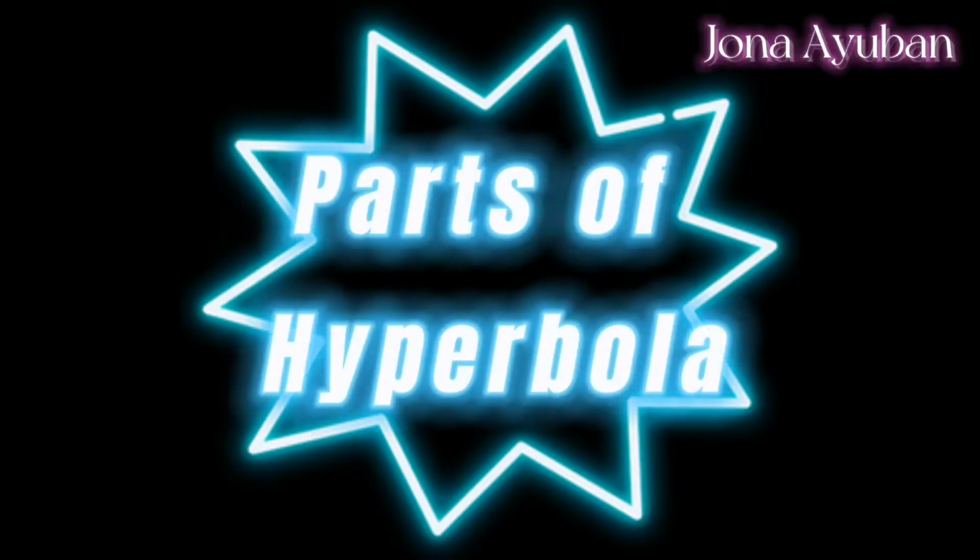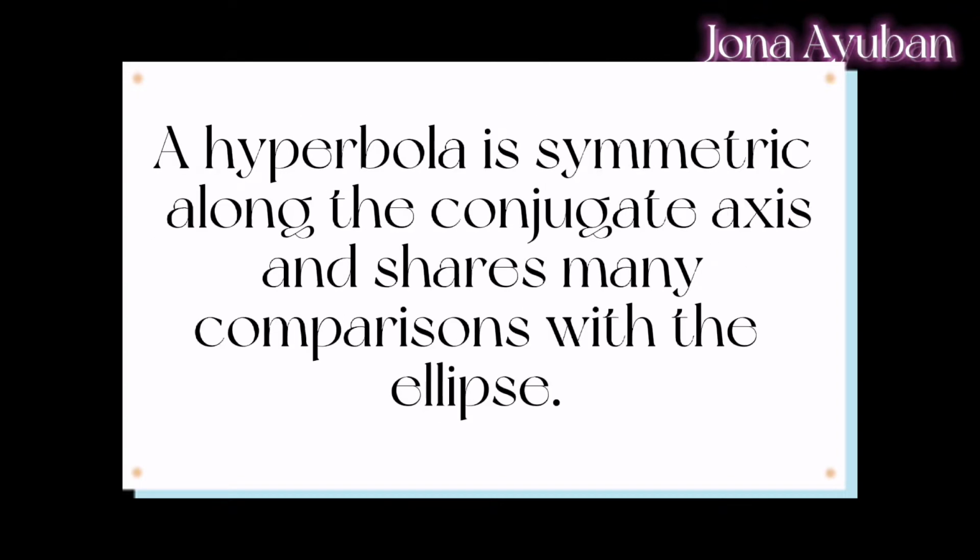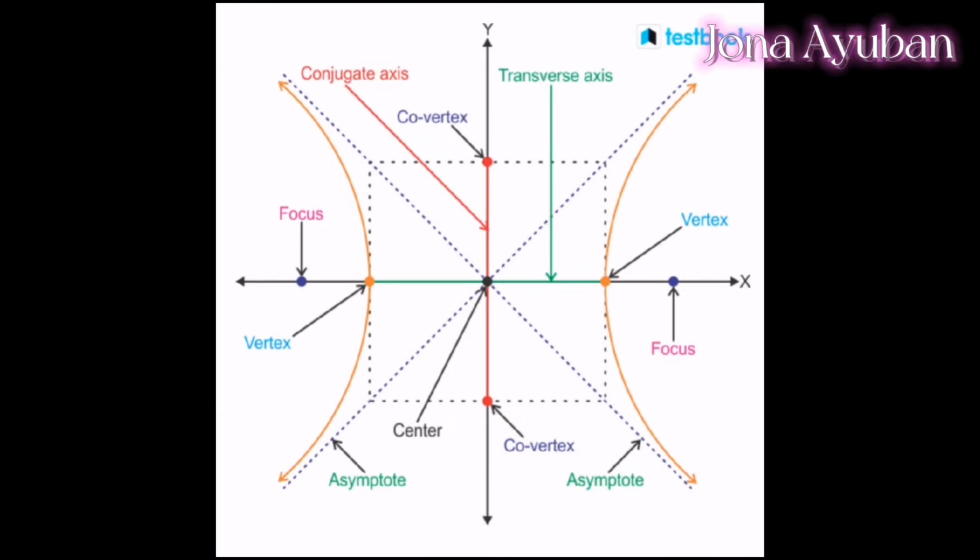Parts of hyperbola. Now, we will be learning about the parts of a hyperbola. We all know that a hyperbola is a conic section formed by the intersection of a double cone with a plane surface, but not significantly at the center. A hyperbola is symmetric along the conjugate axis and shares many comparisons with the ellipse. So here's an illustration of a hyperbola with some of its parts. To learn further, let us study the different concepts and parts of a hyperbola within a graph, using the